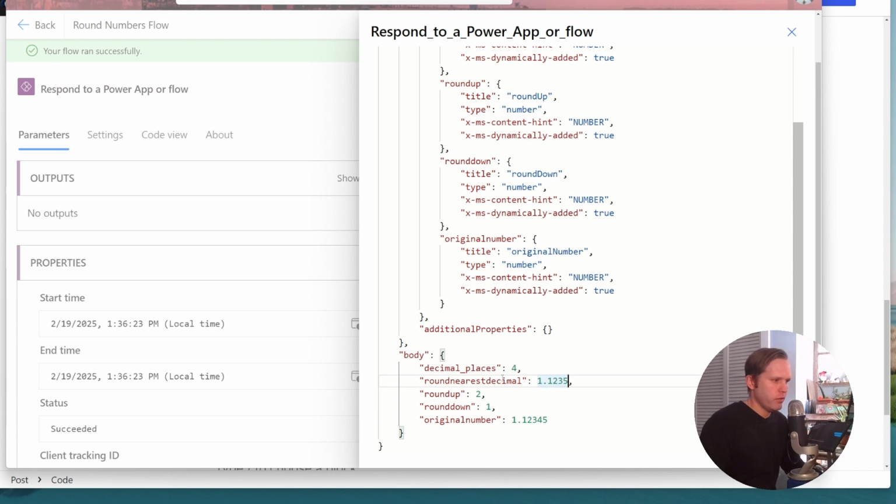And that's right, because we told it we wanted to round to the nearest fourth decimal place. So that's 1, 2, 3, and this is the fourth. In our input, the fourth place was 4, but after that we have a 5. So because that 5 is 5 or greater, we go up 1. So that's what I'm going to show you how to do here in this flow,